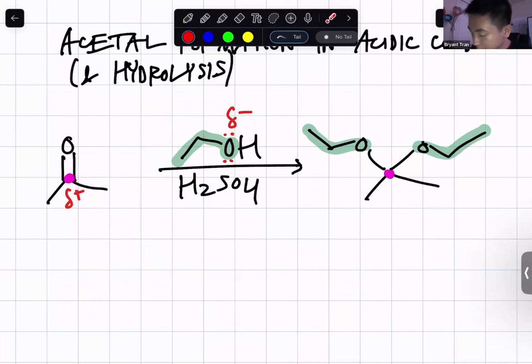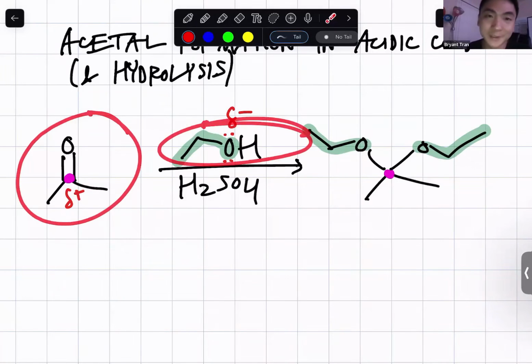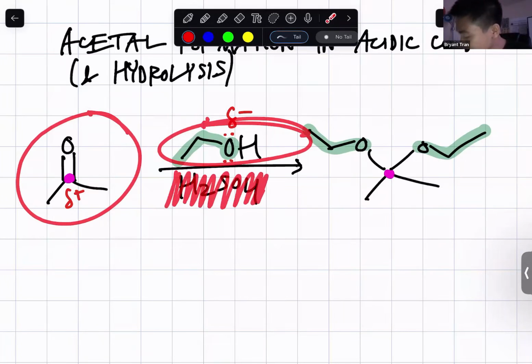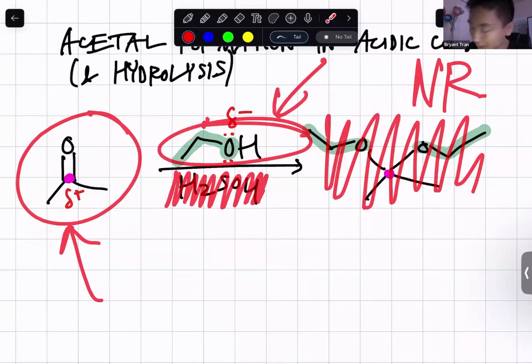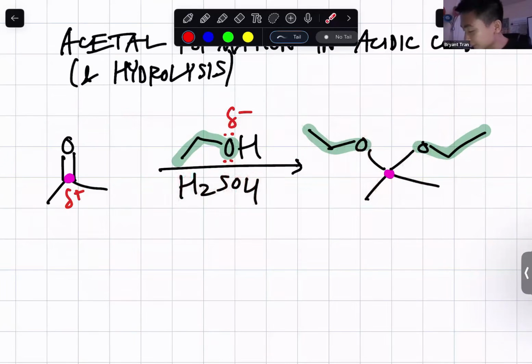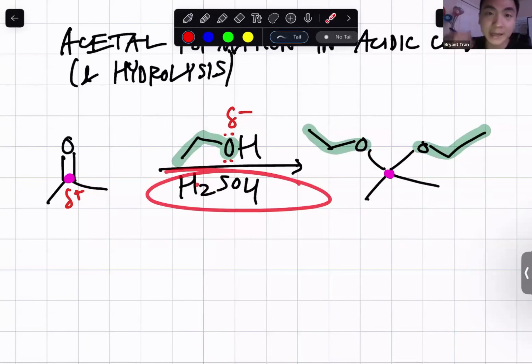Okay. But right now, this is a weak electrophile. This is a weak nucleophile because they're neutral, right? There's no full positive or full negative charge. They're weak. So if the acid was not there, this right here would be no reaction. NR, no reaction, right? Because this is a weak electrophile, weak nucleophile. But because we have the acid here, this right here is the acid catalyst, catalyzing the reaction to occur,